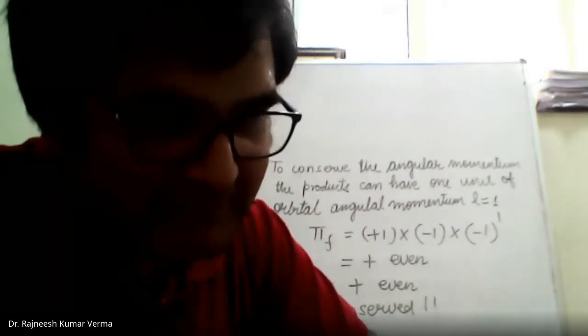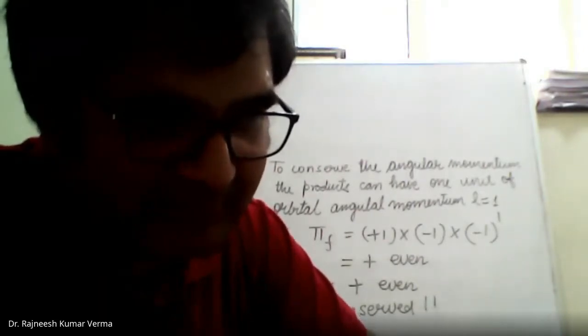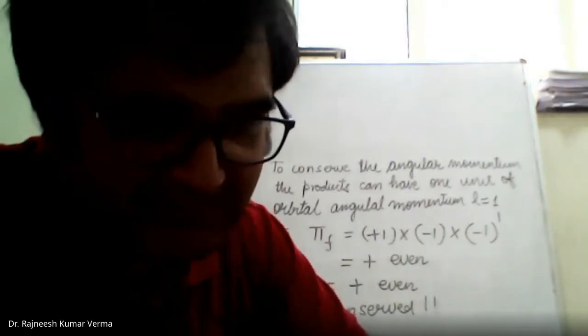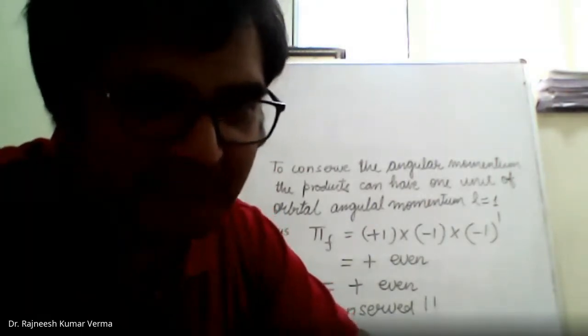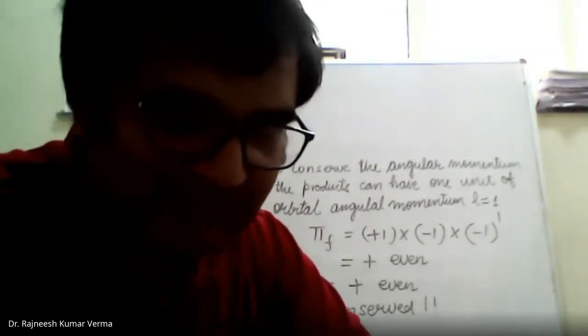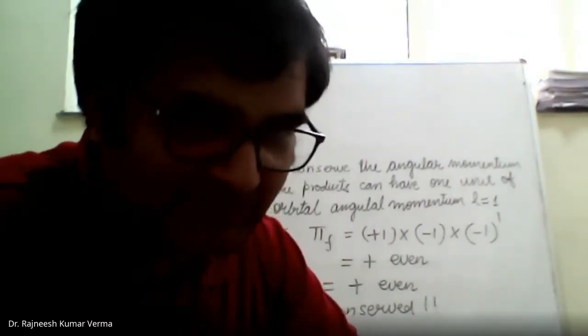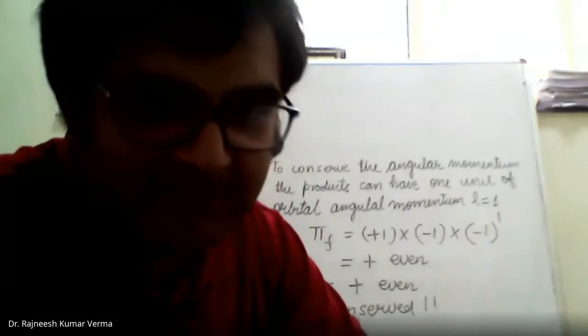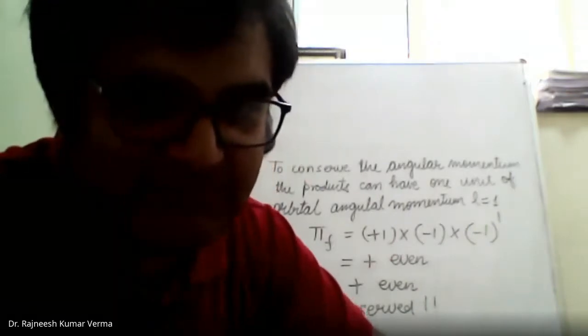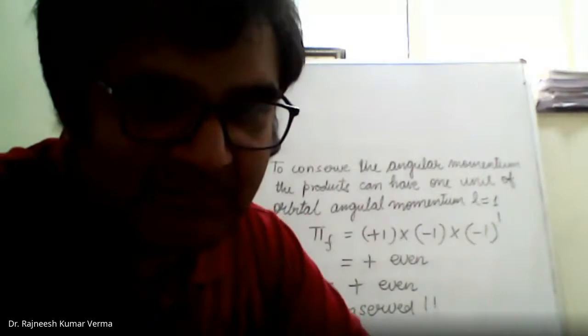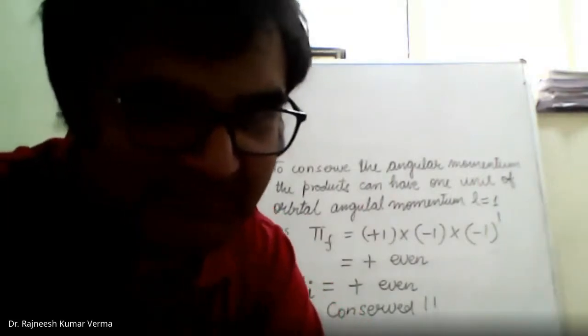So in the first case, the half is on the left hand side and 3 half on the right hand side. There is a mismatch of one unit of angular momentum. You can assign one unit of angular momentum on either side. And for parity conservation, what will you write? The parity π_f will be equal to the intrinsic parity multiplied by (-1) to the power of that difference in angular momentum.